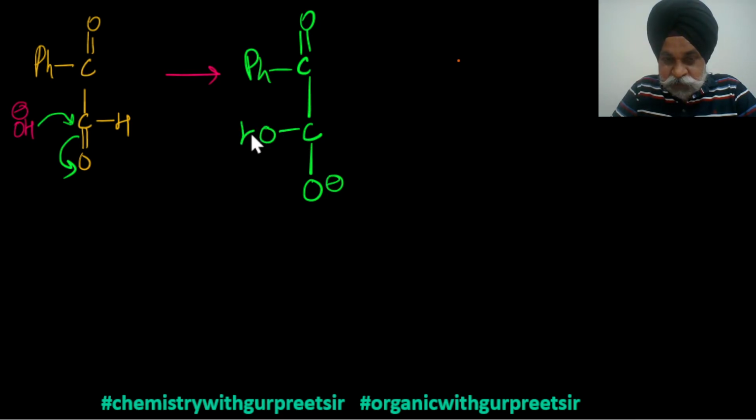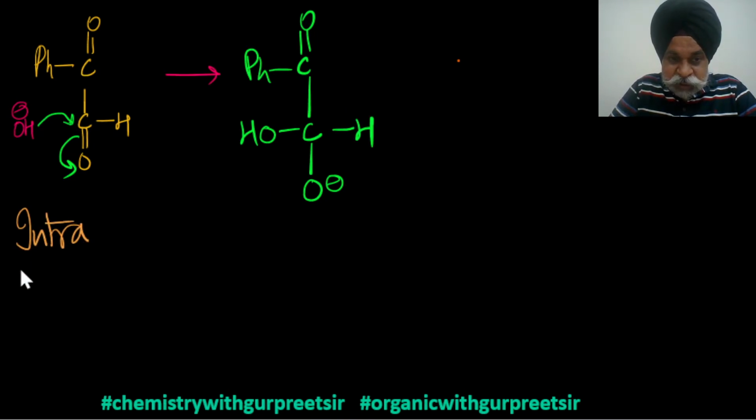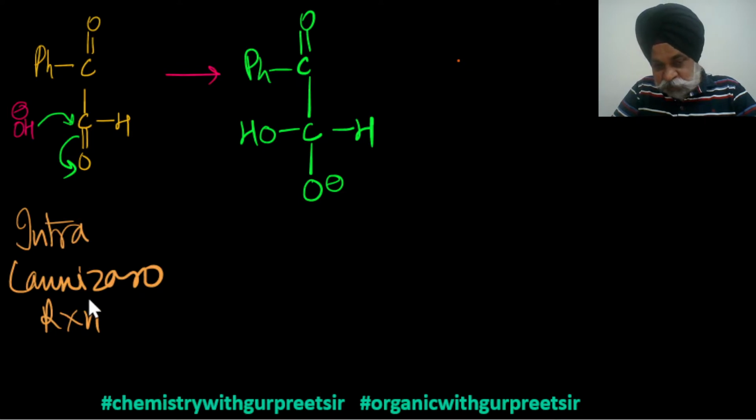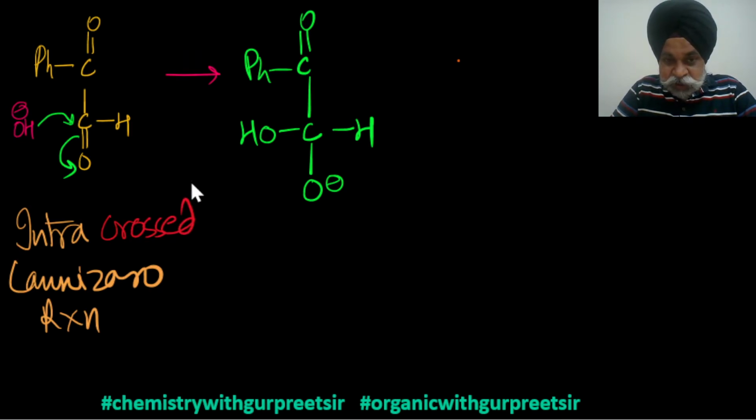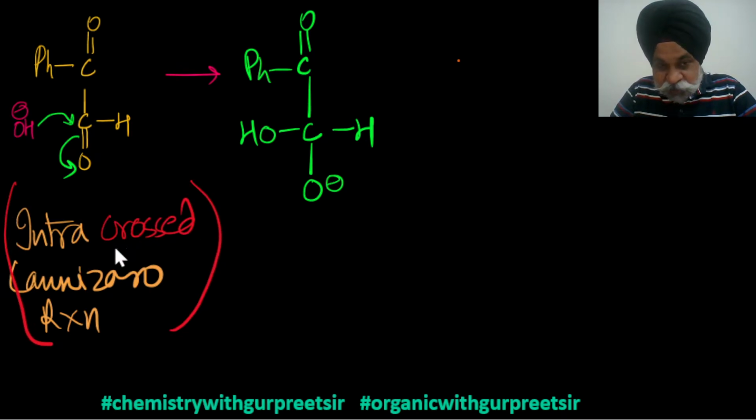So here you have OH and H. Now the second step in the Cannizzaro reaction is, once this attack has happened, thereafter an intramolecular hydride shift. In this particular case, I would say this has to be an intra Cannizzaro reaction. I will make a video separately for Cannizzaro because it's a very lengthy, interesting topic to explain. It is intra-crossed Cannizzaro. Intra means within, and crossed because there are two different types of